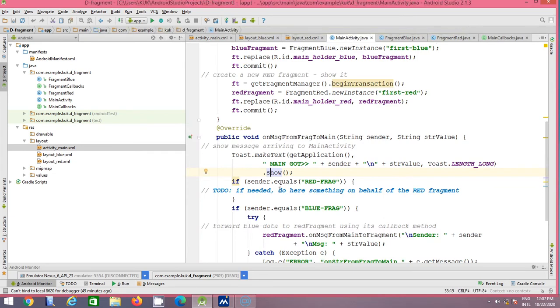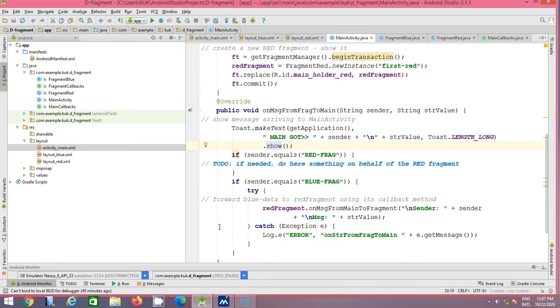After that the main will get the message from any fragment and it has to send the message. So on message from fragment to main, it will obtain the value of the sender as well as some message. So it simply has 2 arguments, sender and value.